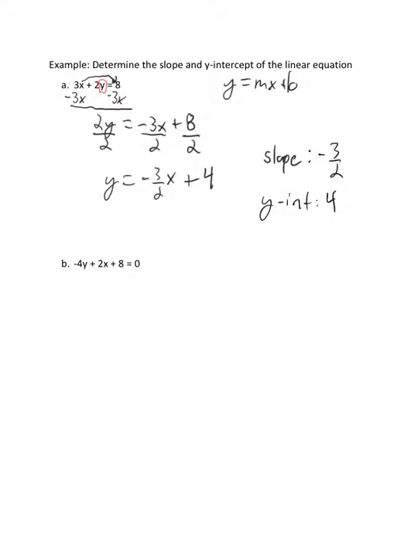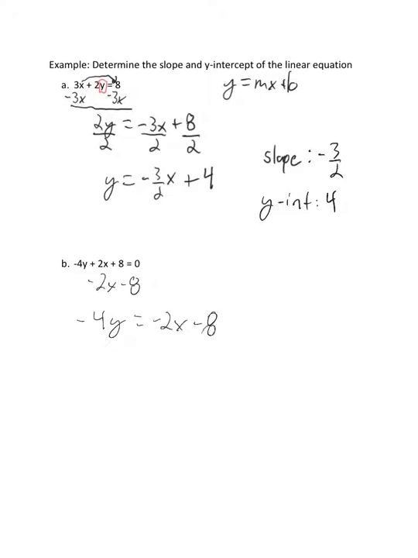Okay, over here we're trying to do the same thing again. We want y equals, and so what I would notice is that I can move 2x and positive 8 over there by doing the opposite of them. So what I'm going to do is subtract 2x and 8 from each side. And so -4y